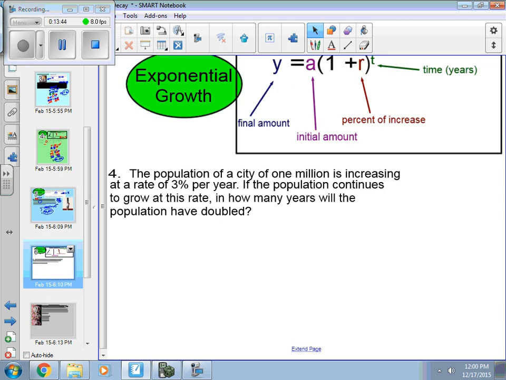All right, number 4, another population problem. Let's read through it. It says the population of a city is 1 million and is increasing 3% per year. The population continues to grow at this rate. How many years will the population have doubled? This one's going to require us to use logs here because we don't know the time. So let's fill in what we know. 1 million